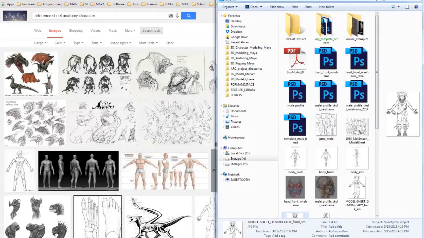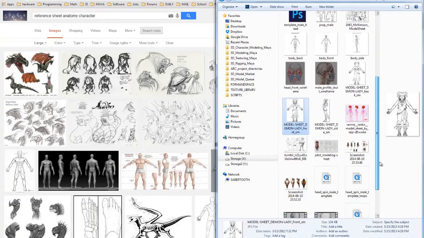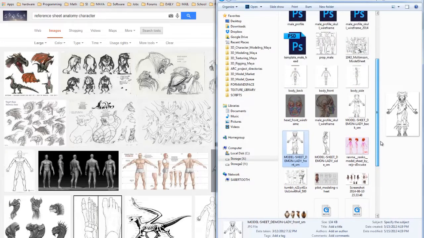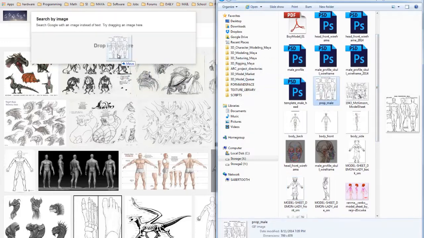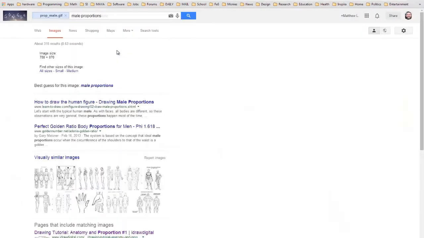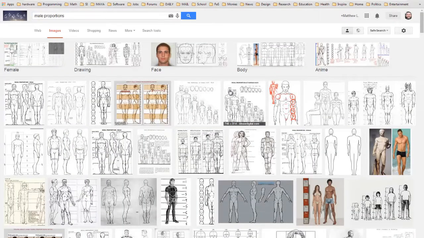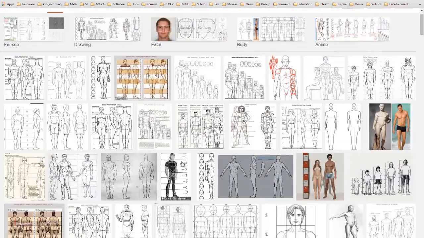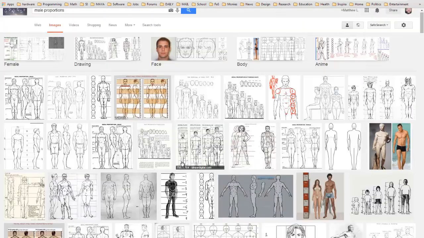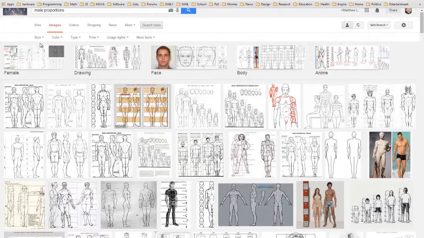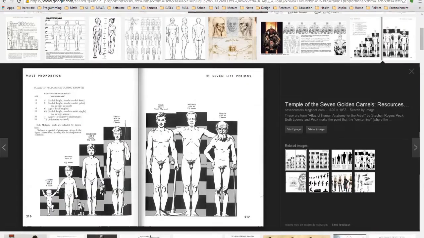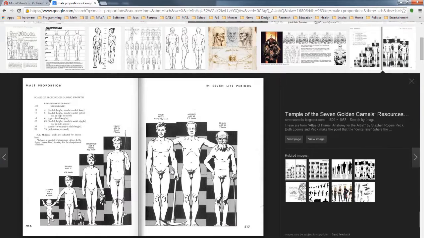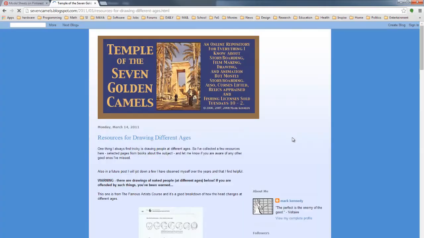Let's try out this Google feature of searching by image. So let's grab any one of my anatomy pictures like this one here, drag it to Google, drop it, and see what comes up. That's pretty cool. So now I've got a whole other set of images to pick from. Then I'm just going to filter this one by higher resolution, large. And I really like this one, the changes of proportion over time for the male figure. I'm going to visit this page,